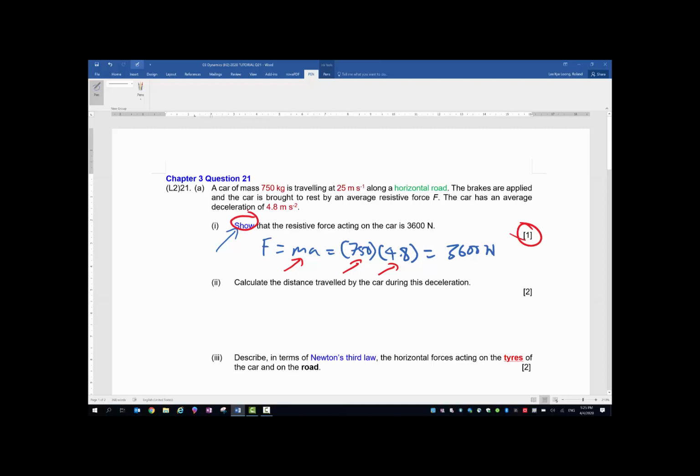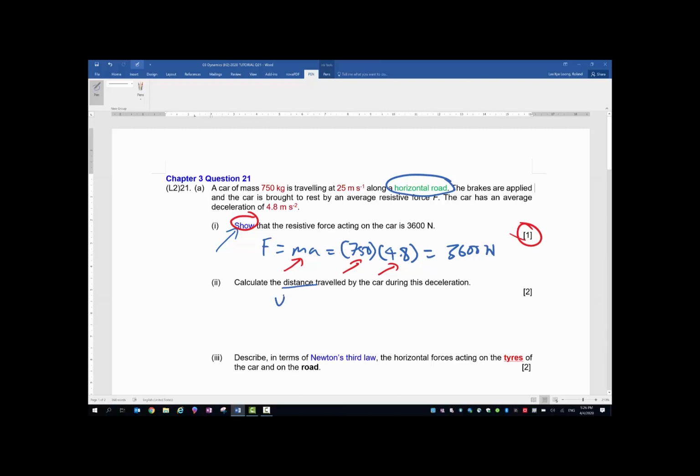Now, calculate the distance traveled by the car during the deceleration. So remember, it decelerates to rest. So this is a kinematics question. For a kinematics question, you choose one of the three equations of motion. So what you have is velocity, you have the deceleration, and they want you to find the distance traveled, or since it's one horizontal road, the displacement. So with that, you can only choose the equation